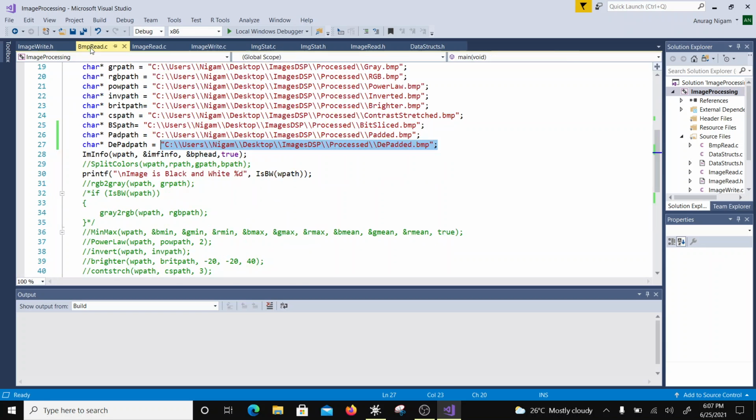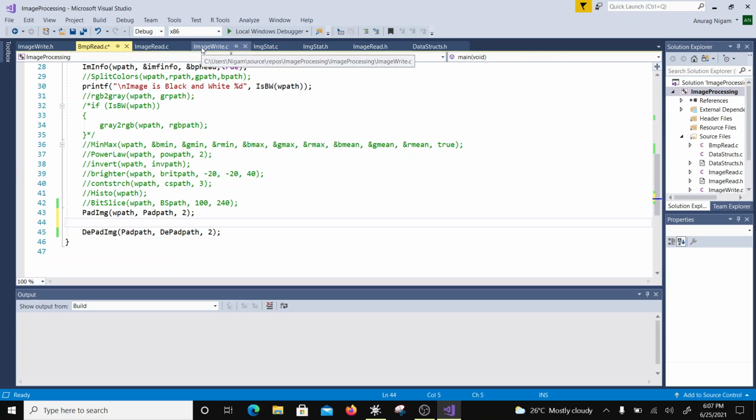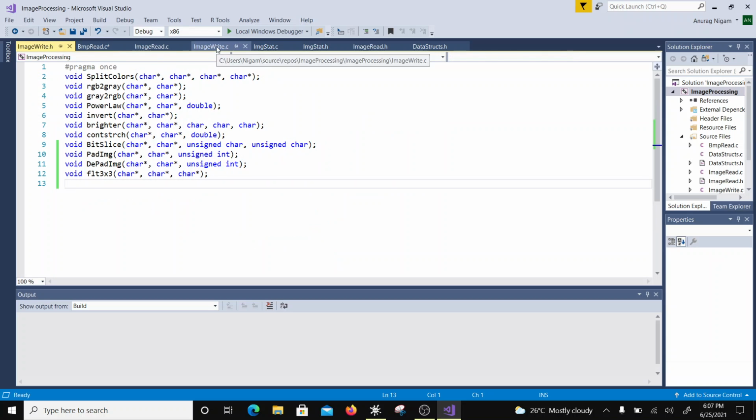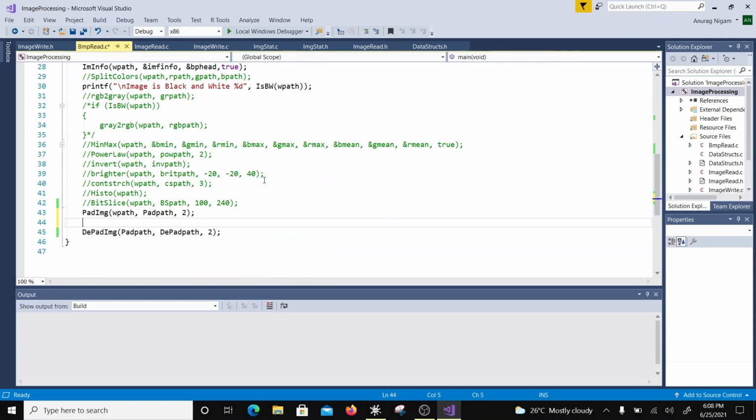Okay, so I will go to bmp.c. So I will pad it with 2. Then I am going to call the filter. Okay, so that would be that one. Okay, so this will be the filter call. Control C, Control V. So in this case,